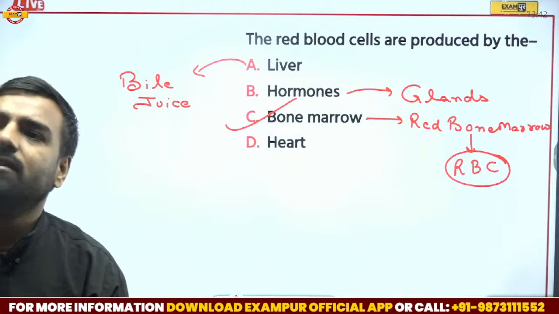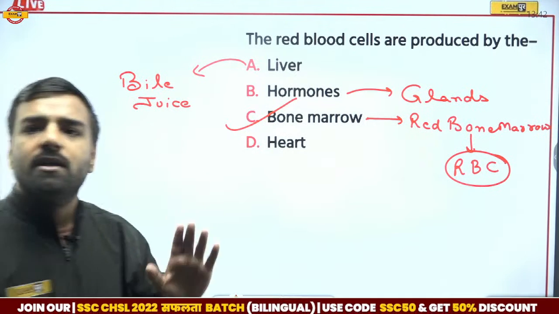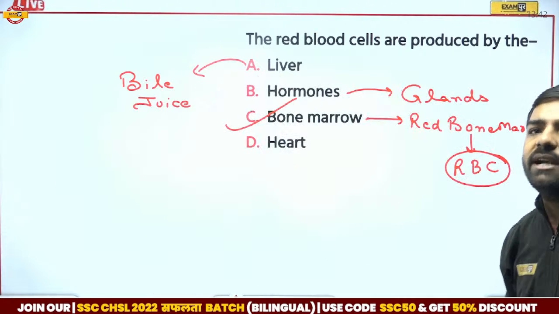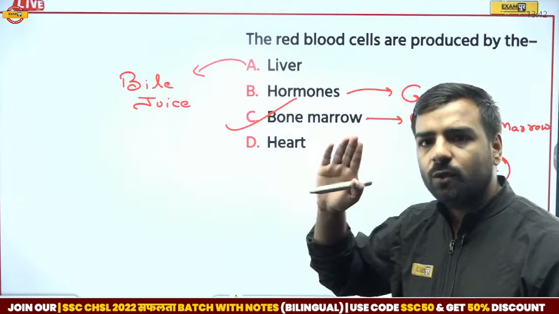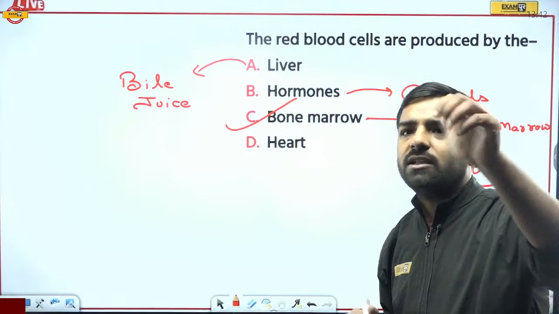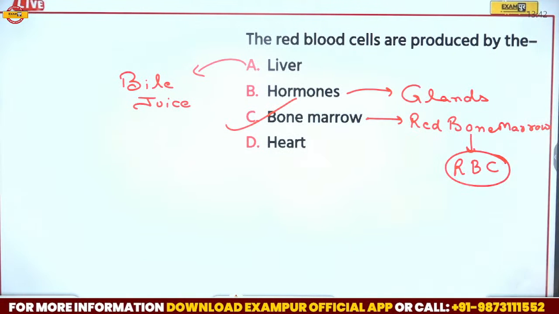Acha, Jia has already written the answer. Okay, cool. Thank you everyone. So yes, here red bone marrow is the correct answer. So Avan, Kirti, Danadi, Jia, very good. Jagdishan, acha, you have already given the answer. Very good. So here C was the correct answer.